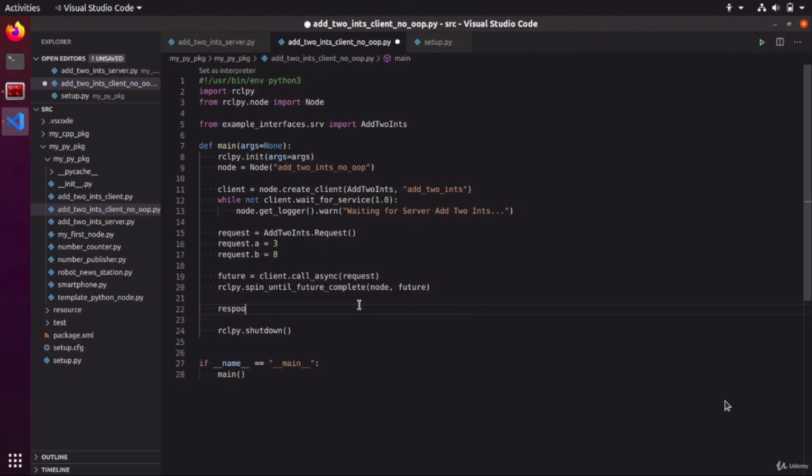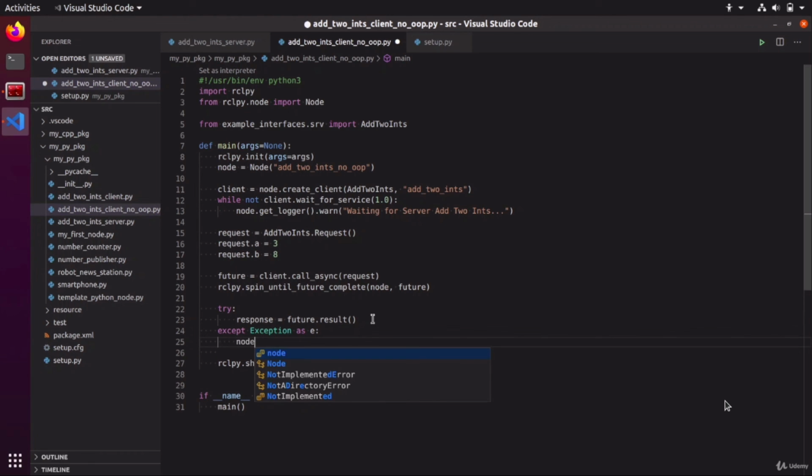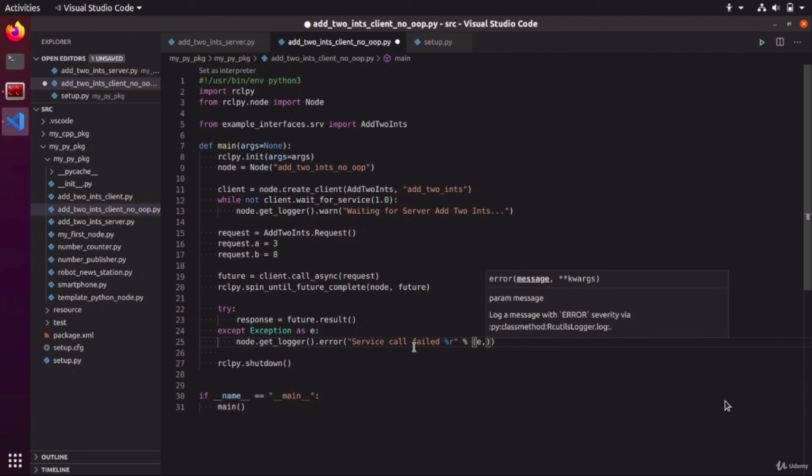So we will do response equal to future.result. So the result function is specific to the future object. And because we may have an exception, we will use a try except structure here. So we may have an exception. And if we have an exception, we will print an error. So node.get_logger().error. So you have seen info here. Now you can see error. So the message will be in red. And let's print "Service call failed". And you can actually print the exception with that and put the exception in a tuple like that. So if something failed and the future result has an exception, then we will see this error